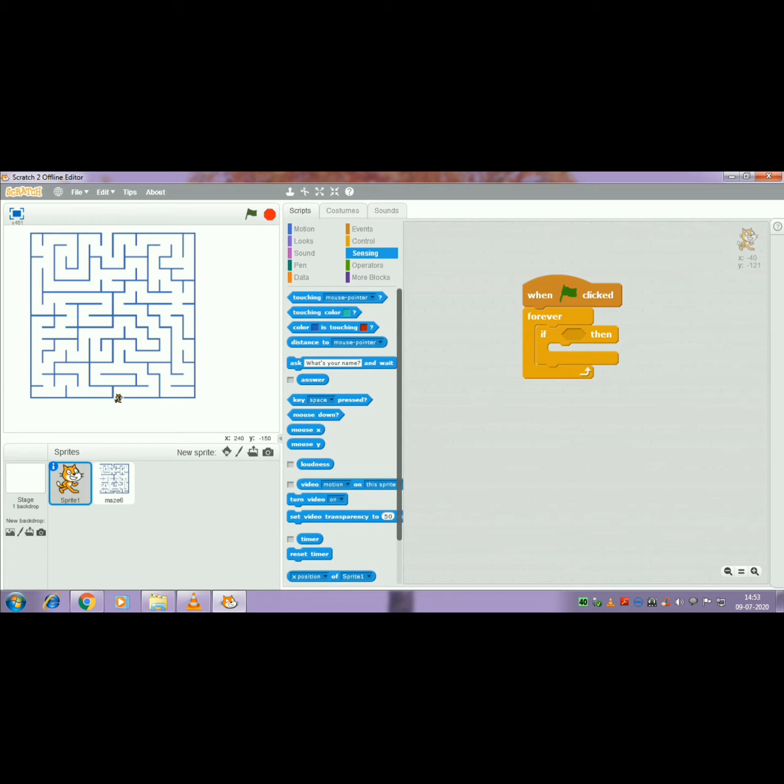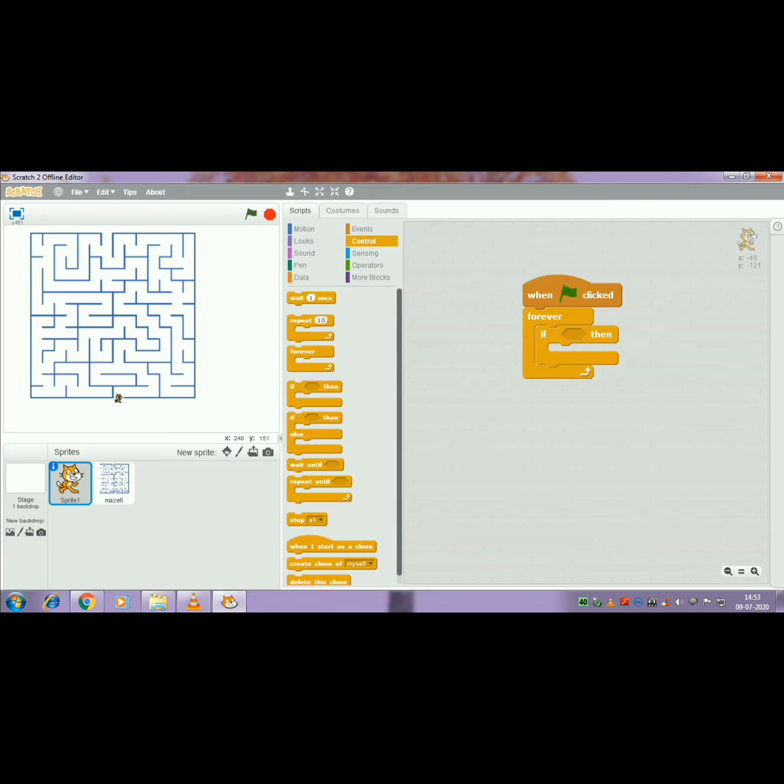Where is key pressed? Key pressed block is available in which category? Suppose you don't know the category, you can check all the categories: event category, control category, then sensing category, motion category, everything you can check.